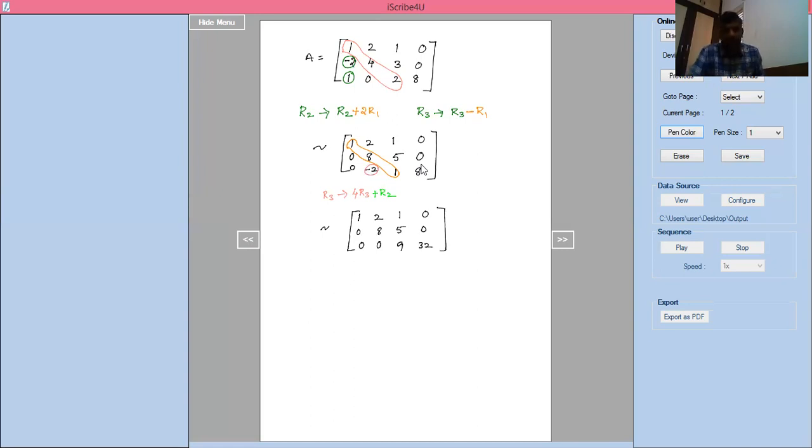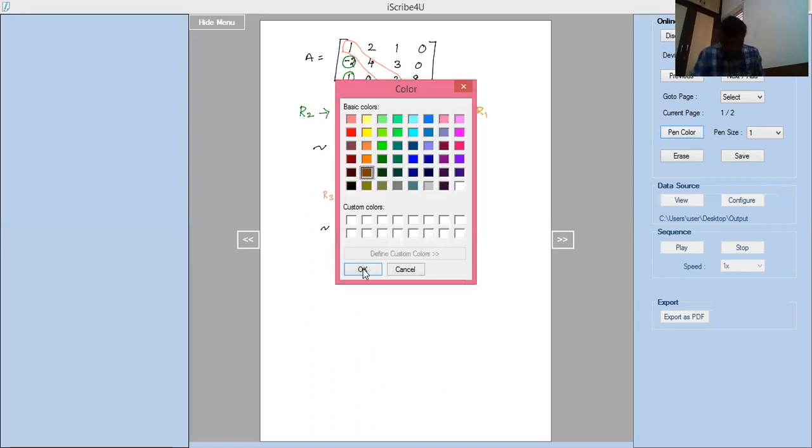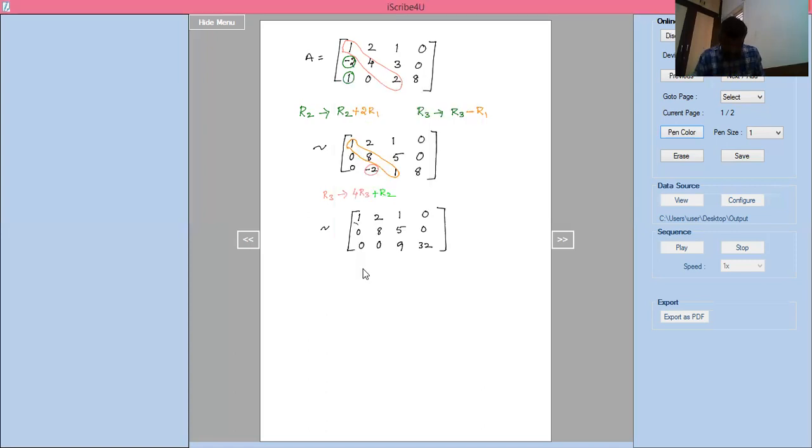Now, below the principal diagonal elements, I made 0. If you see here, this is the principal diagonal, and below the principal diagonal elements I made 0. Once the elements below the principal diagonal are 0, first I will reduce to echelon form. Echelon form means in any row the first non-zero entry should be 1.